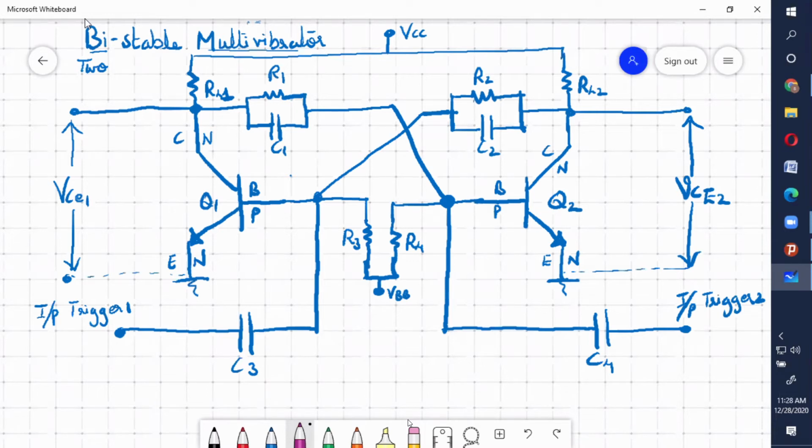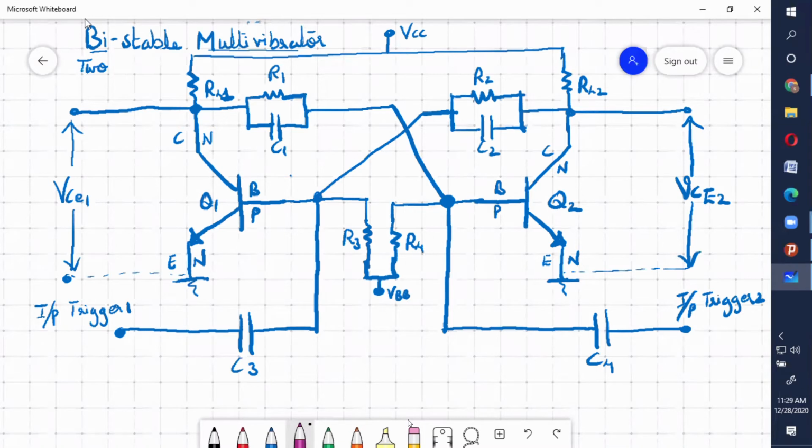Yes, sir. Okay. Students, now please just keep in mind, see only the transistor. So when transistor Q1 is on, what type is transistor Q1? NPN. So when will an NPN transistor be on? Previously I told you right at the beginning of the class. When the base is positive. So when the base of Q1 is positive, the transistor will be on.